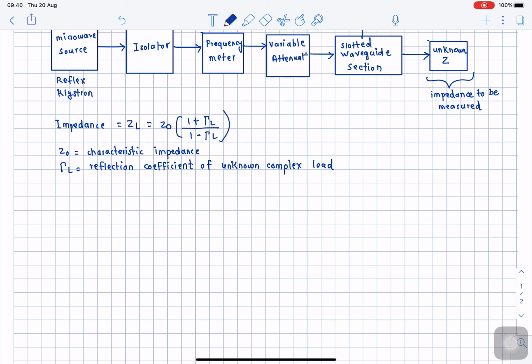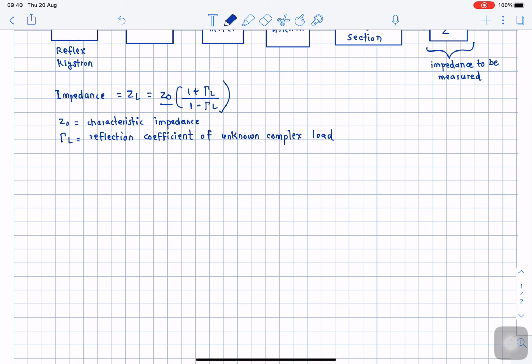So the Z0 value, the characteristic impedance, we know. It is normally the characteristic impedance of the connected devices, or if we are making use of a transmission line, the characteristic impedance of that transmission line is known to us. So in the evaluation of the complex load impedance, Z0 is already known to us. Now only the procedure for the measurement of the reflection coefficient of the load remains. Once you know the value of the reflection coefficient at the load, you can substitute that value into the above equation and calculate the value of the complex load impedance. So what is the procedure for that?